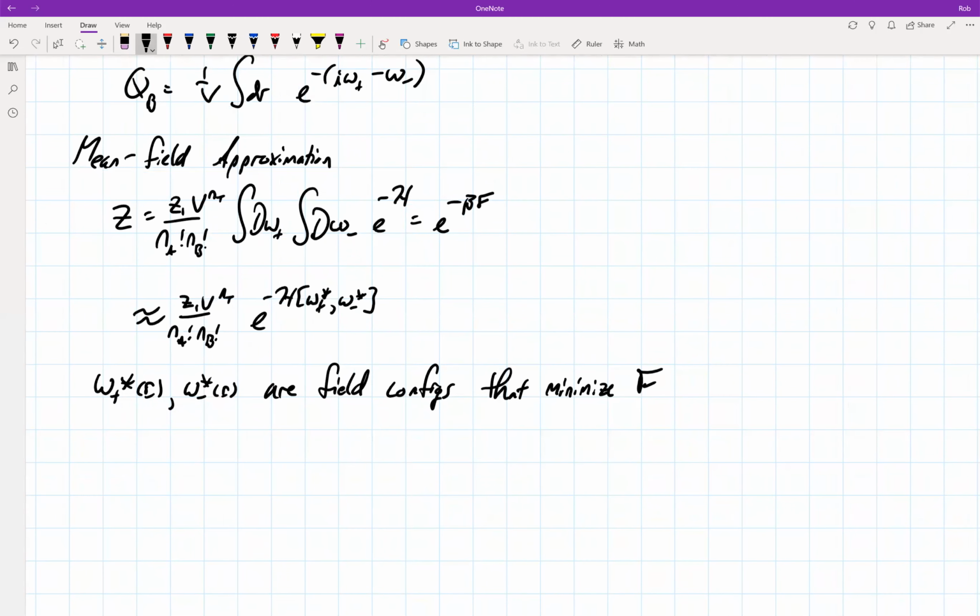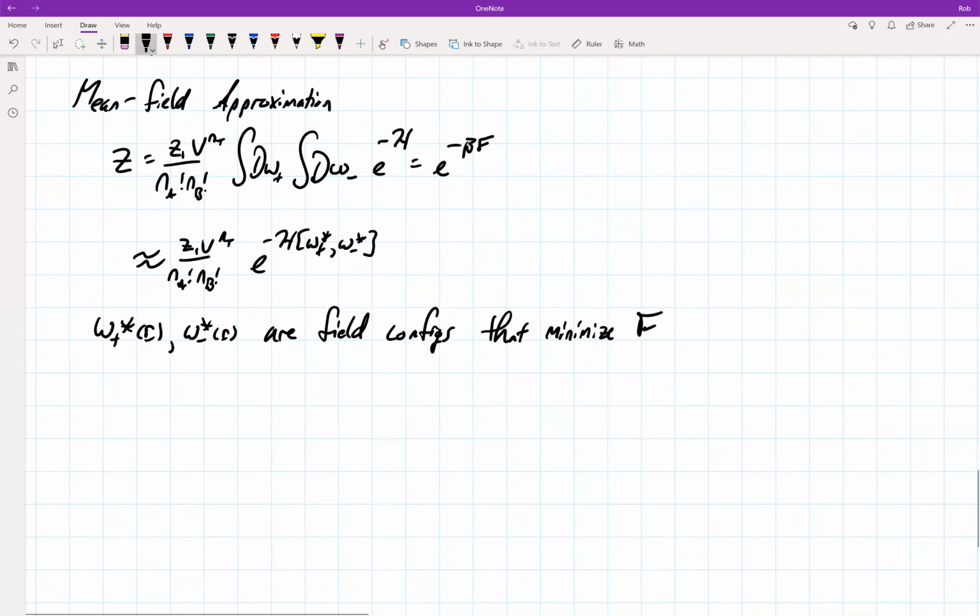And because of this relationship that we have between h and f, they're both e to the minus h and e to the minus beta f, and through the partition function, we can just as easily find the place where the functional derivative of h is 0 with respect to the fields, and that will also minimize the free energy of the system. So that's going to be our whole game for coming up with the mean field